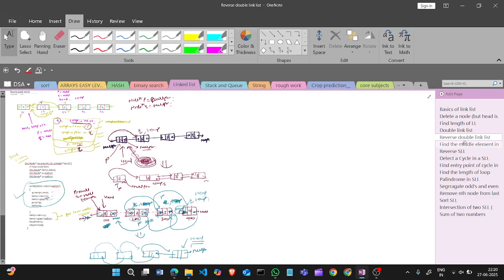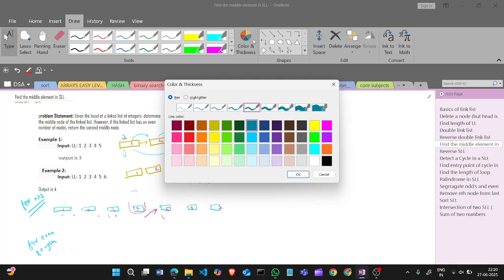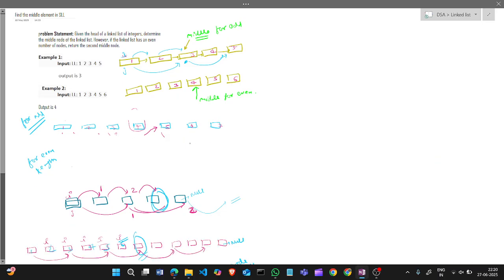So the next question is how to find the middle element. This is a very easy question. Check this question.